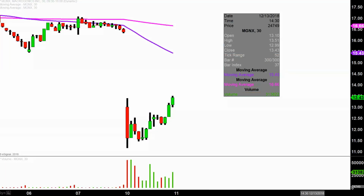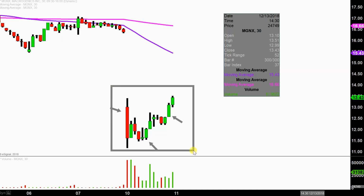Real quick, what do I mean by 30-minute, in case maybe you're new to charts? Instead of each one of these candlesticks here representing 1 day's worth of price action, which is what you would normally see, each one represents 30 minutes. So while this here may look like several days worth of time, it's actually today's price action broken down into